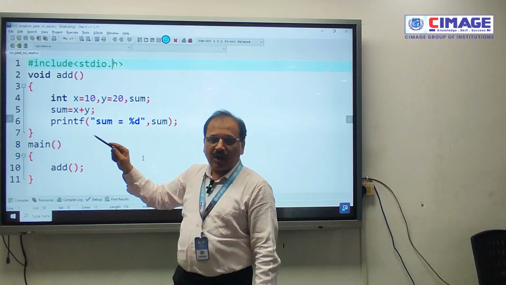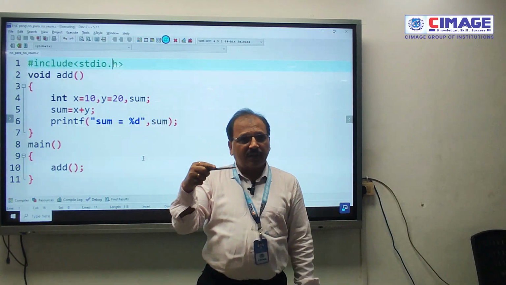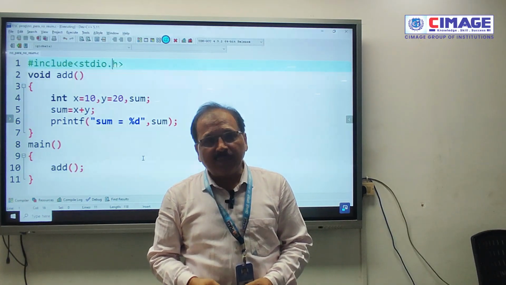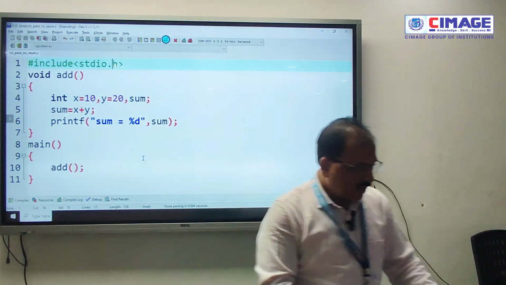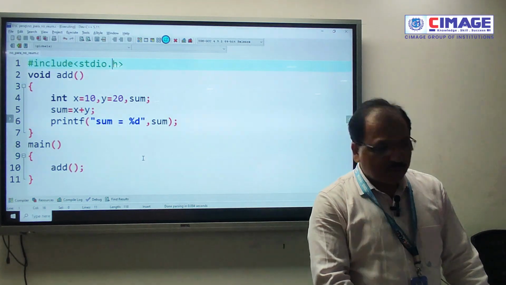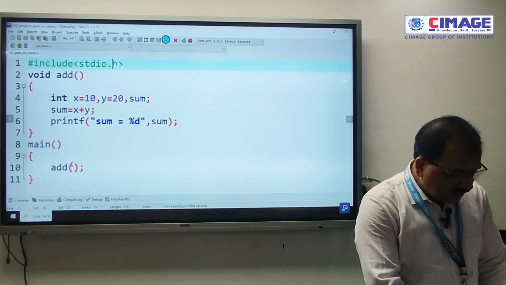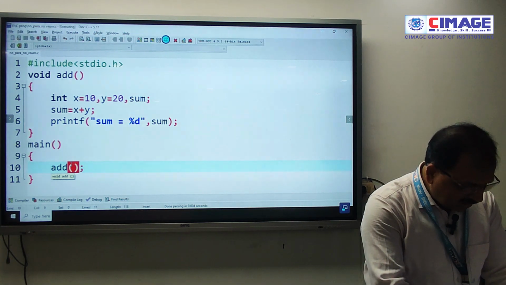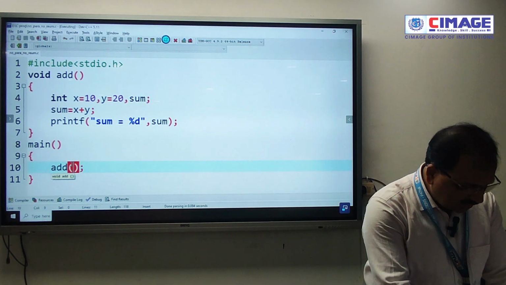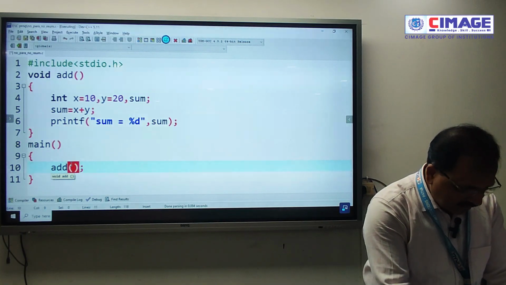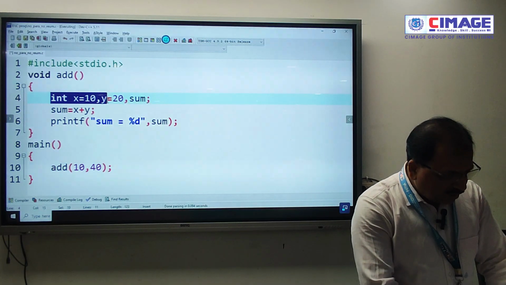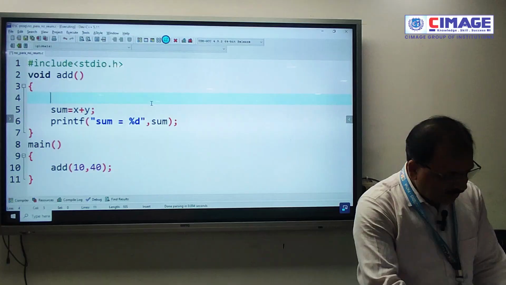Now I am going to have a second flavor of this function which needs parameters but does not return a value. So what changes am I supposed to make? Obviously, from main, at the time of calling the add function, I can write here 10 and here, let's say, 40, and then there is no need of this variable declaration here.